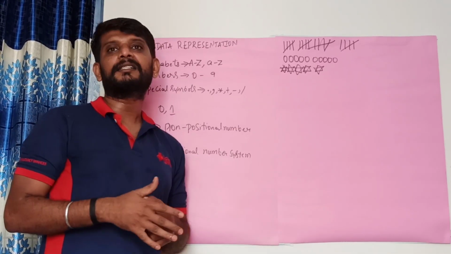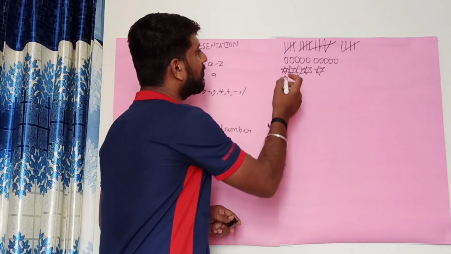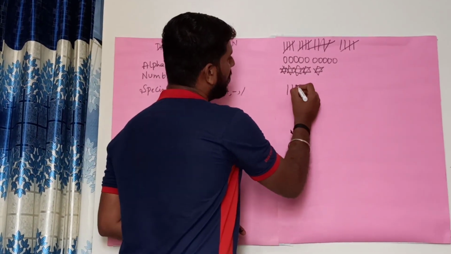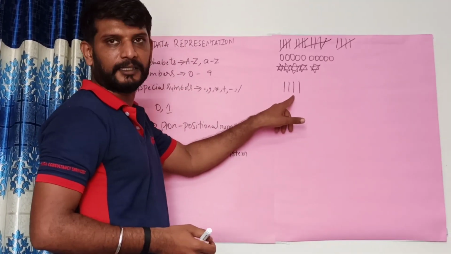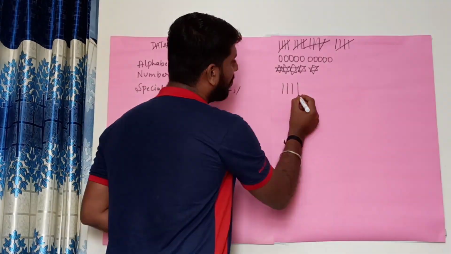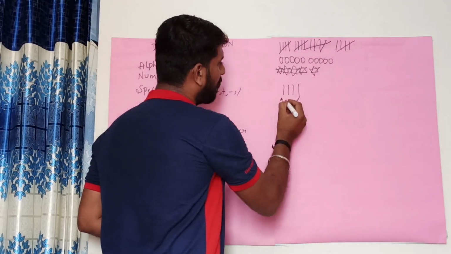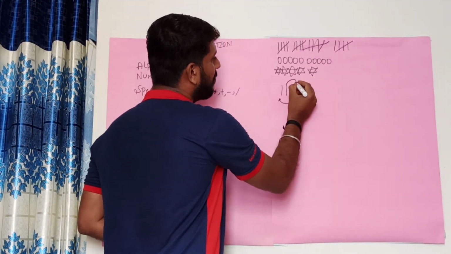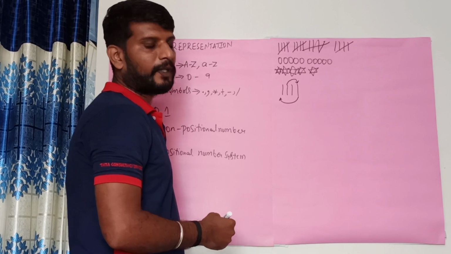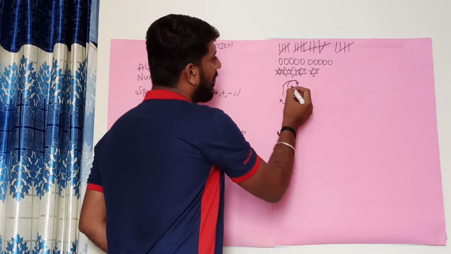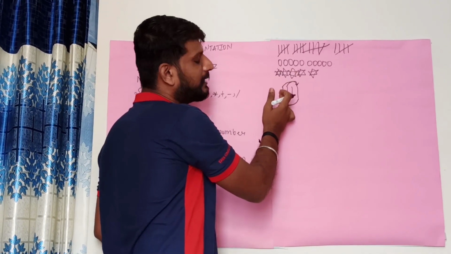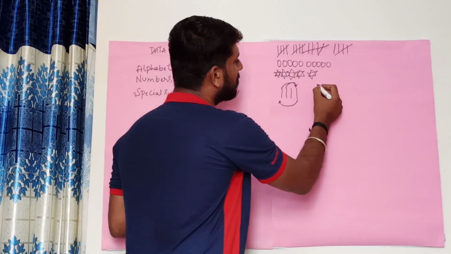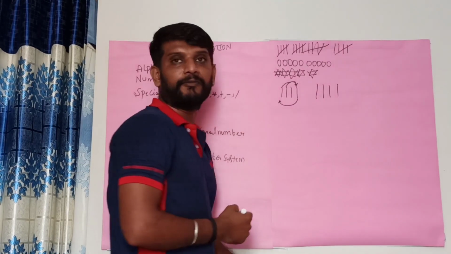What exactly is a non-positional number system? In a sense, suppose I am counting 4 things. So I have represented them like this. What I will do is, I will interchange this particular symbol over here and this particular symbol over here. The first symbol I will replace with the last symbol, and the last symbol I will place in the first position. So what happens? Again it looks the same.